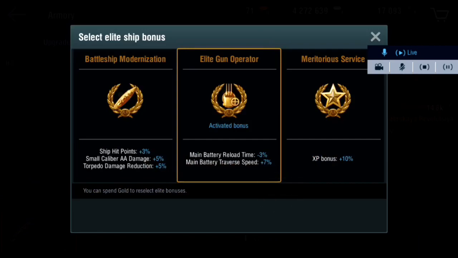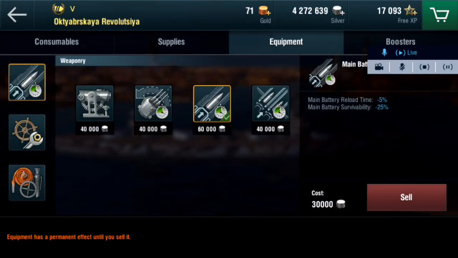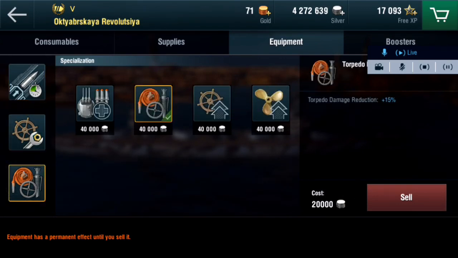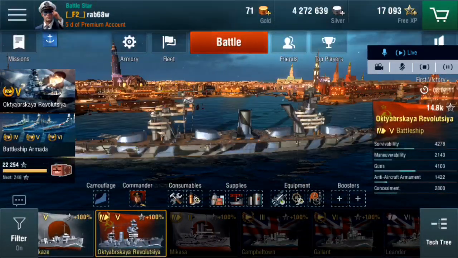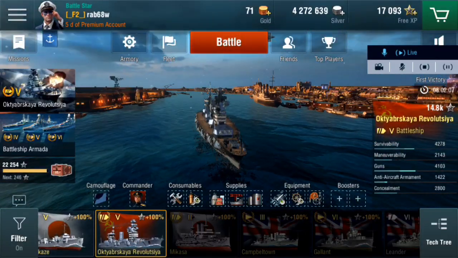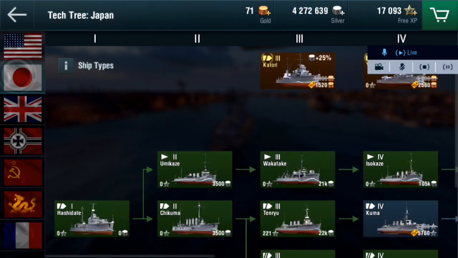I'm running Elite Gun Operator for my bonus, and then I'm currently running the main battery reload time. I'm running Traverse Acceleration, and I'm also running Torpedo Damage Reduction. There's a lot of destroyer spam all over in the game right now, especially tier 5. It's easy to get to a tier 5 destroyer, so there's a lot of people that have them and run them. Now the one thing that I want to point out with this,